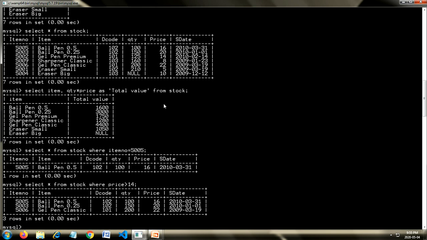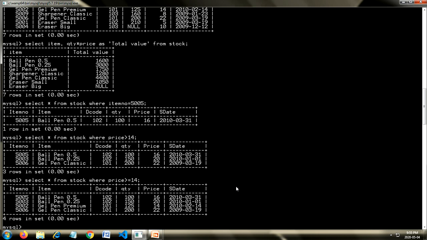Now you can see only the records which satisfy this condition are displayed. If you know any language, you know these comparison and logical operators, these relational operators, which are used in conditions.